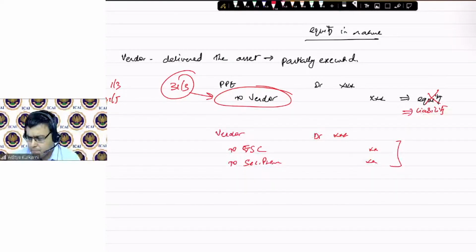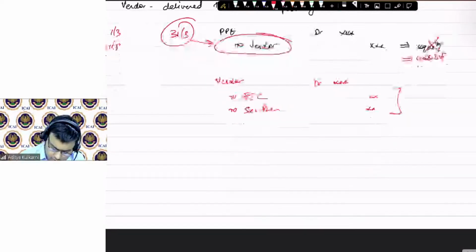Yes. Post execution, equity shares will be issued, right? Then after that, what he does is his job. He may take shares from you and sell them off immediately in the market. Doesn't matter. Then the equity shares will have equity features. But until they are settled, we have to decide on what the vendor is. Is he equity in nature or is it liability in nature? Is it okay? Yes. All right.